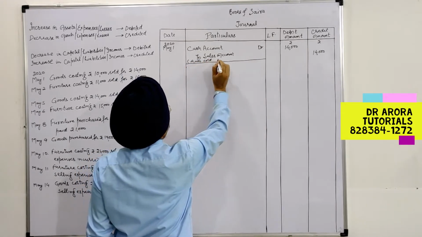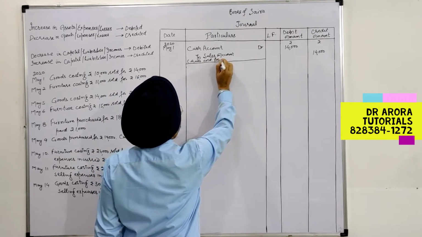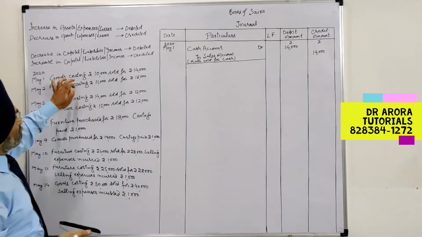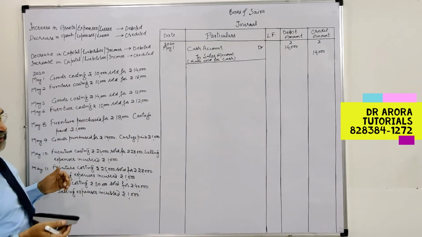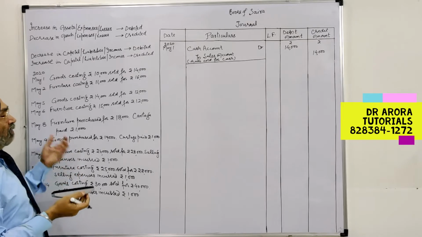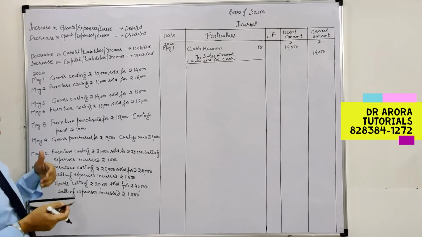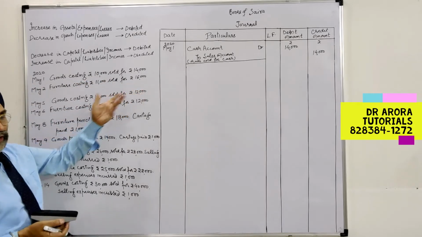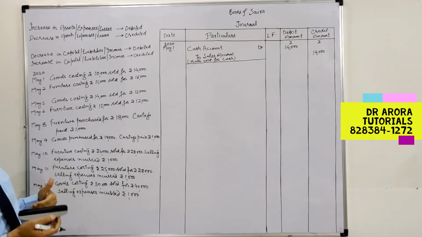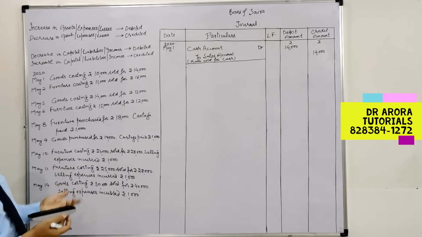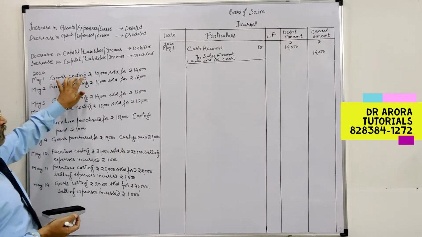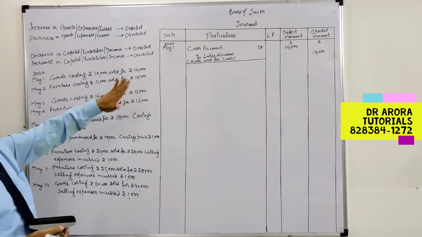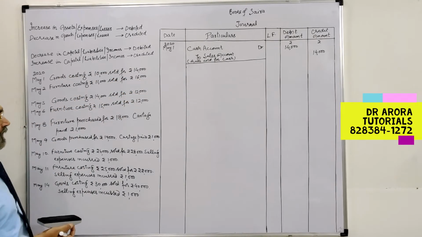So goods sold for cash. Here cost is given to us. That is why we are bothering. Normally we are not given the cost price. Then again we ignore it. We are just given goods sold for 14,000. Here the cost is not given, but actually the cost is there. So there also we ignore the cost, and here also the cost will be ignored. It will be with the sale price only that we are to pass the entry.